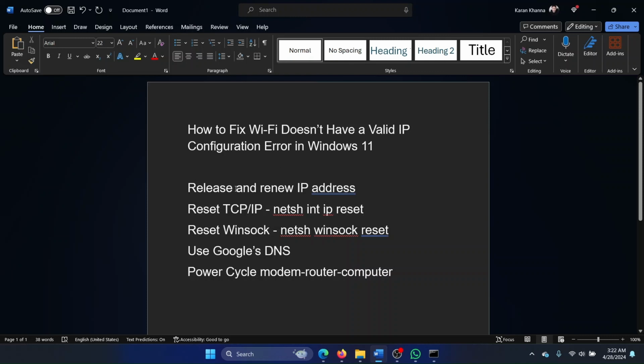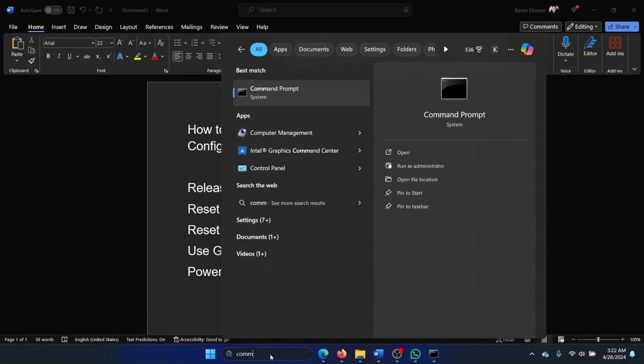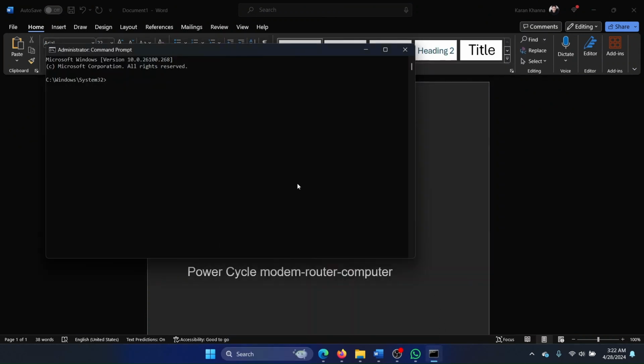Now the first solution is to release and renew the IP address. But before anything else, we need to open the elevated command prompt. So search for command prompt in the Windows search bar and click on Run as Administrator to open the elevated command prompt window. Now type the command